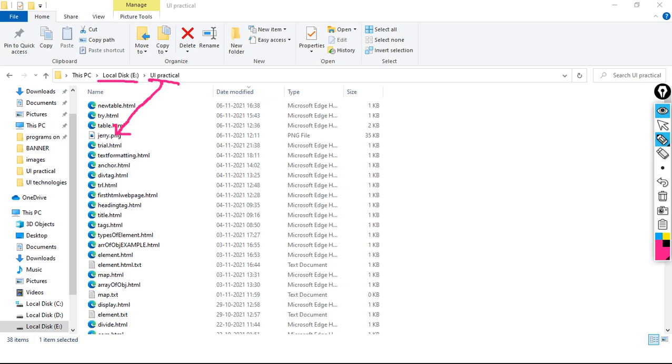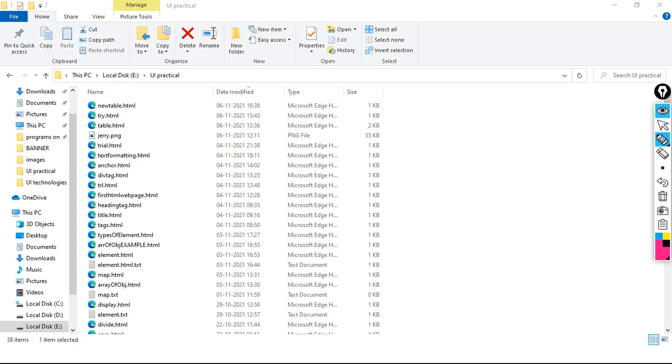Understood? So I have shown two paths. One is E drive, then in E drive I have UI practical, then in UI practical I have images, in images I have three images. This is one path and this is another path: E drive, UI practical, then jerry.png. Okay.